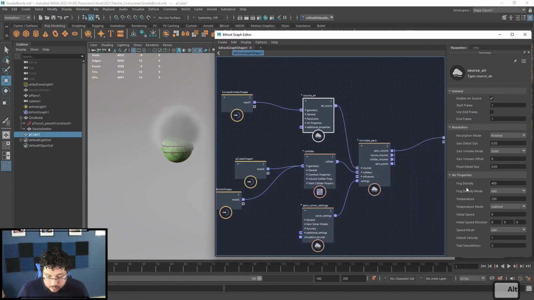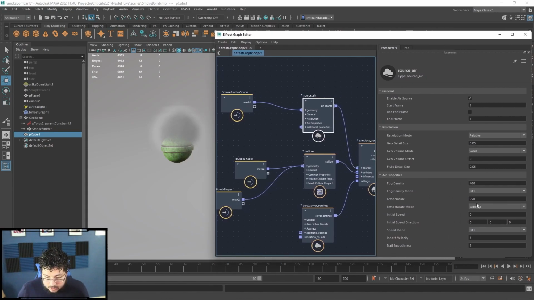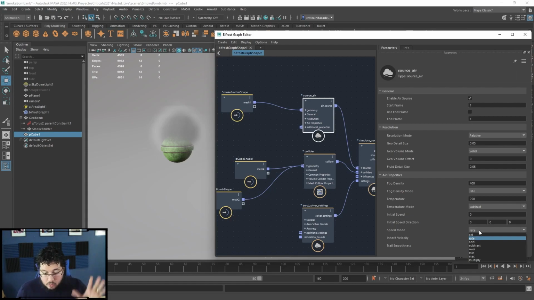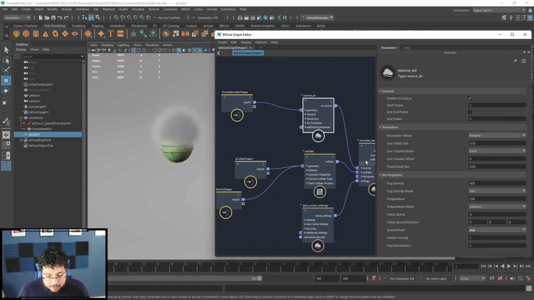So when this thing is born, as you can see here, we have initial speed direction. So when this thing is born, we can make it go up or somewhere, like we're pushing this, and we can also change how this thing is being born. Right now, it's set to rate. So every single moment of the animation, this thing is just adding more and more and more. I'm gonna change this to max, so that it is always born with the max density, because we're seeing it